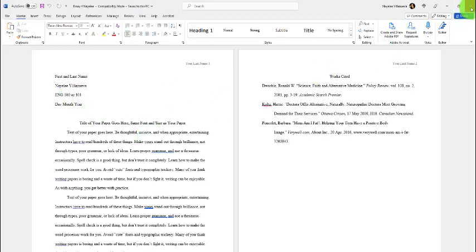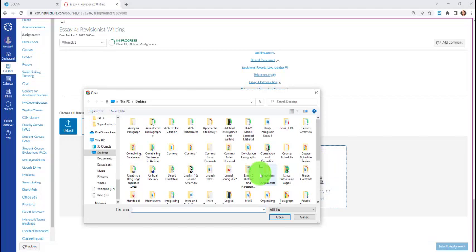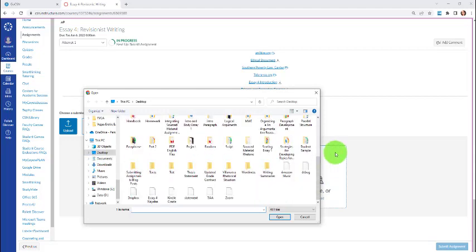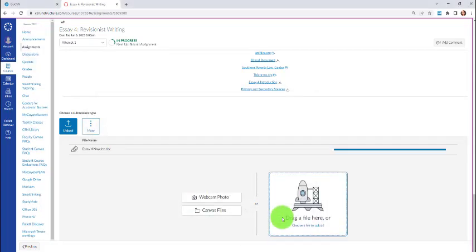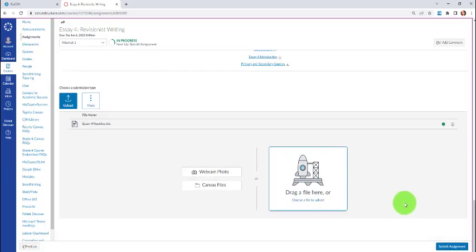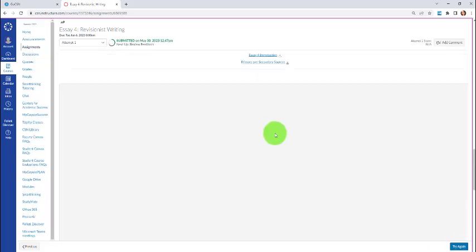So I'm going to close out my Microsoft Word since I saved it already. Make sure it is saved. You have a couple of options of how to upload this file. You can click on this box here with the image and you'll look for your essay 4. Here it is. And then I'm going to hit Open. And then it's going to upload the file for you there. Okay, you'll see the green check, it's all ready to go. And then you'll just click on Submit Assignment, and then you will have your file uploaded, and that will come